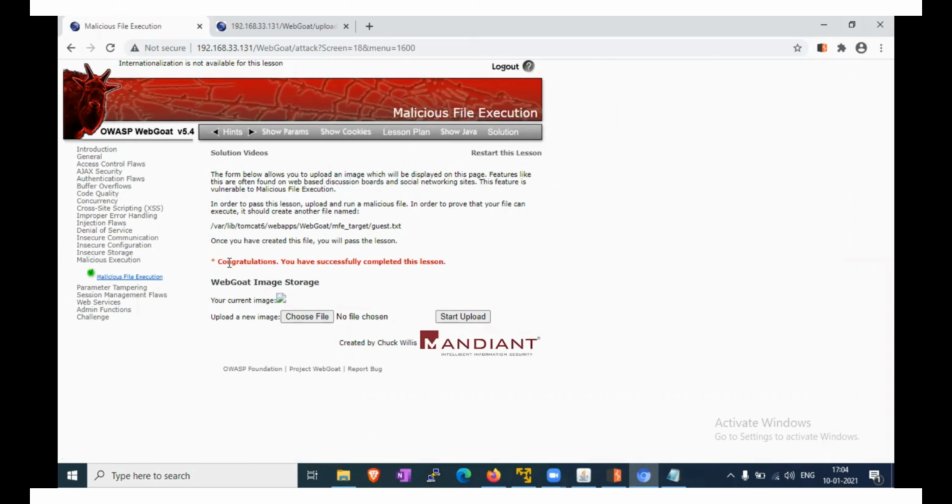So in this lab, we are able to upload malicious files such as a polyglot without any detection from the web server. And here we can see the message: congratulations, you successfully completed this lesson. Due to this unrestricted file upload vulnerability, we can upload a malicious file such as a polyglot without detection by the web server.